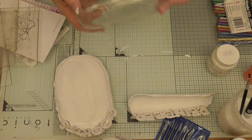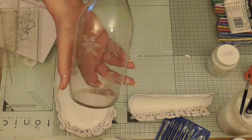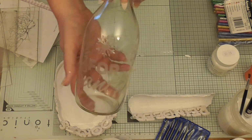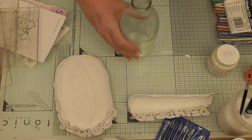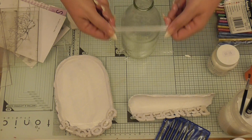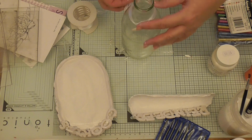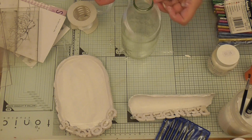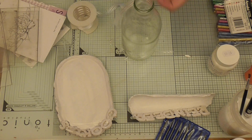Okay, so before we carry on with these, this is the milk bottle, and I've put the snowflakes on. I don't know if you can see it. So we've got snowflakes all around, and it says for Santa. Just to finish it off, I was just thinking of a little white ribbon going round the neck like this, and then in a bow. So I'm just gonna get the right size I want,